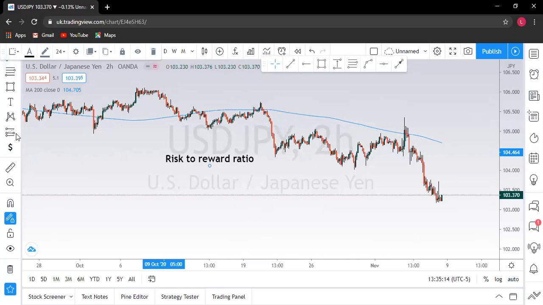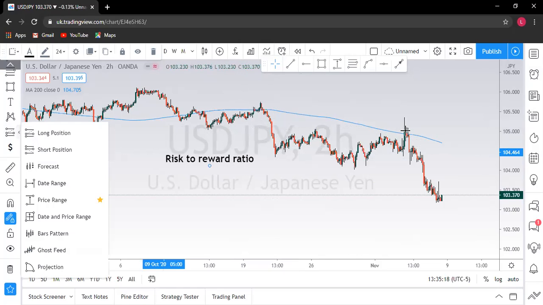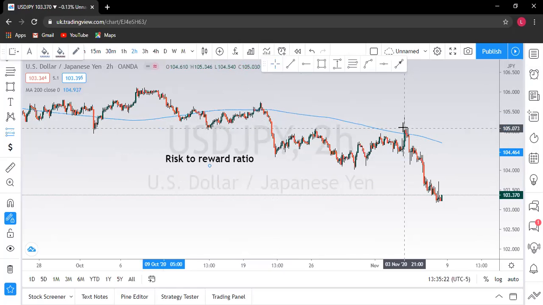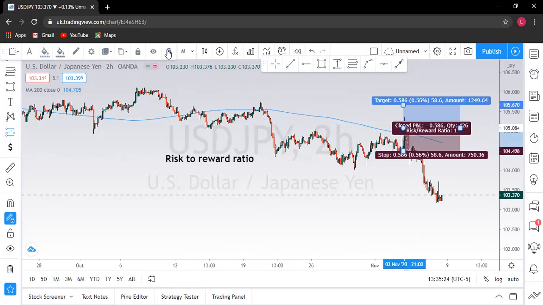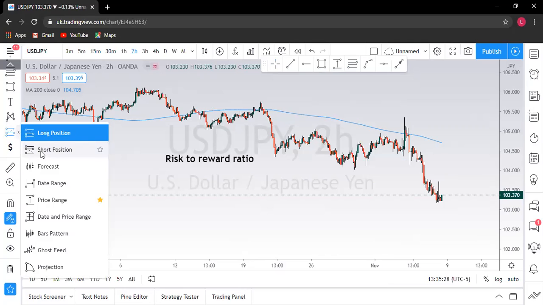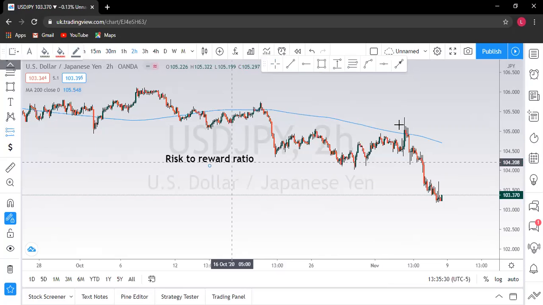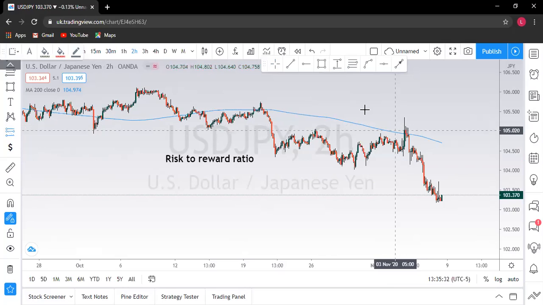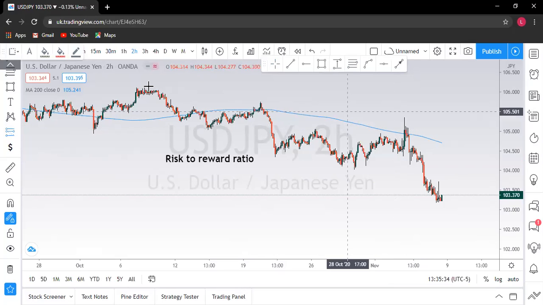So here is the measuring tool. Long position means buy. Short position means sell. If you have your position from this point and you want to sell from here, you click on short position because you want to sell. So let's assume that, because this thing is on this level,